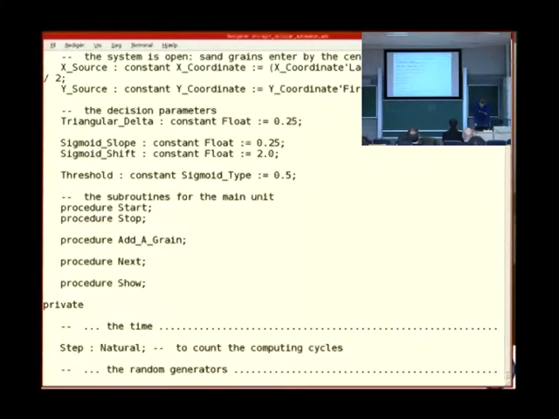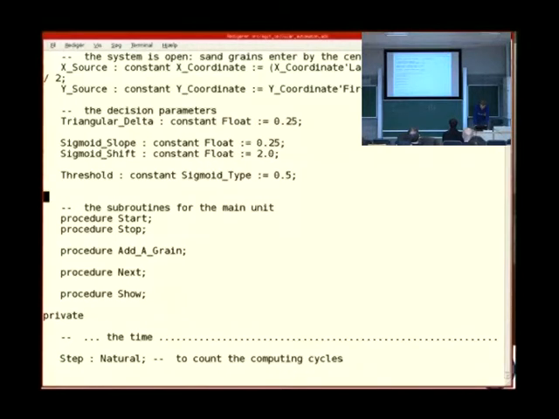So what we could do is start by saying we define a type describing the state of the automaton. It can be uninitialized, it can be switching, and initialized.